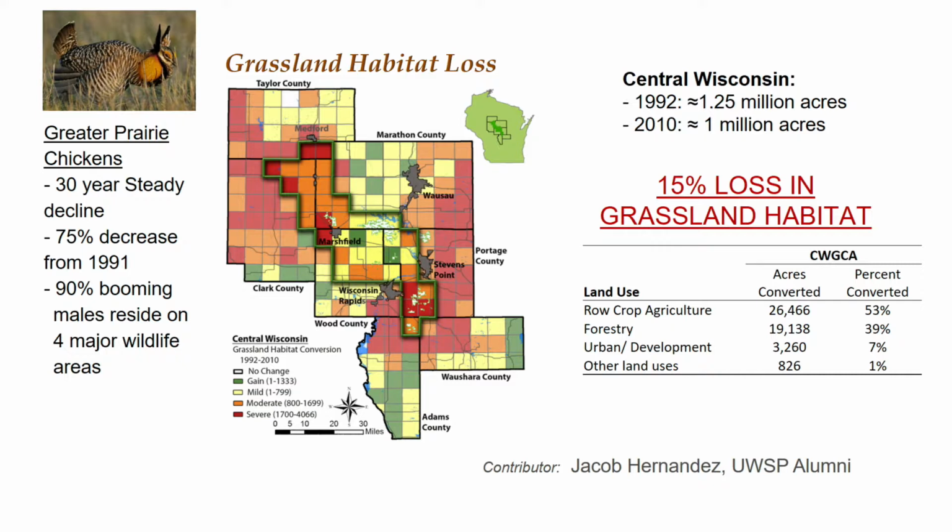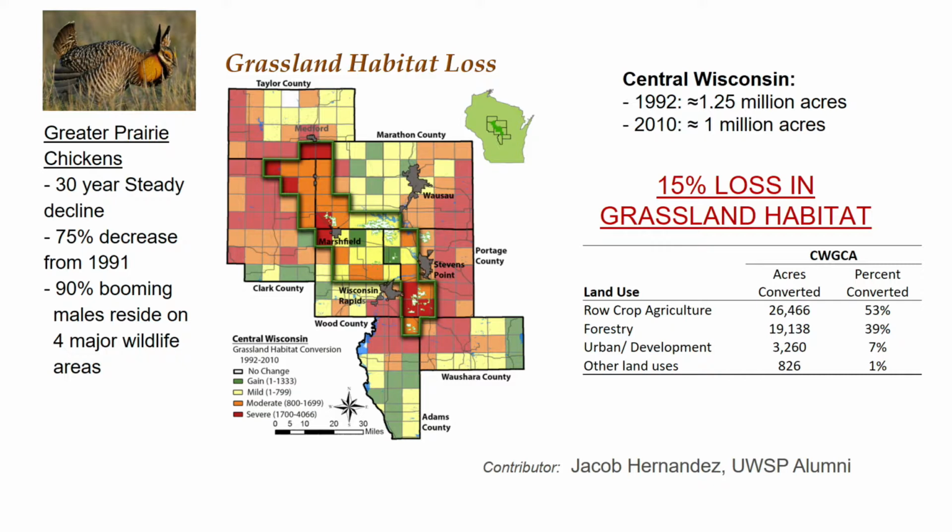As we look at landscape change, though, there's multiple factors at play here. And one of my graduate students, Jacob Hernandez, did this analysis. The map is actually showing you where we've lost grassland. This was a grassland matrix, but it was only a grassland matrix because the early settlers of this area cut the forest and raised cattle